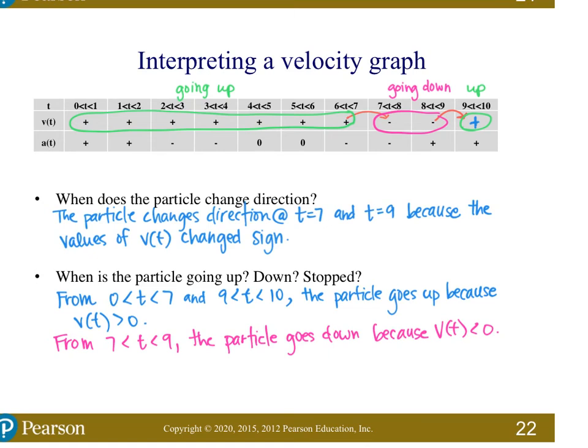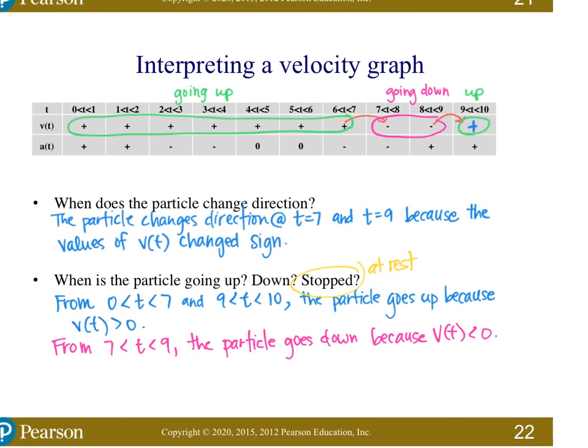And then finally, when is it stopped? And remember, the word stopped is synonymous to at rest. Don't think of stopped as like just sitting there. Stopped can be just for a moment. So it has to be stopped twice when it's changing from one to the other. The particle is stopped or at rest at t equals 7 and t equals 9,